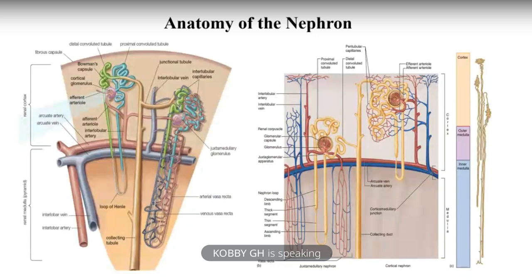Then we can also say that a greater portion of the renal tubules are within the medullary region of the kidney for juxtamedullary nephrons. You can see that a greater portion of the loop of Henle is within the medullary region of the kidney. Or you can say that the loop of Henle or the nephron loop